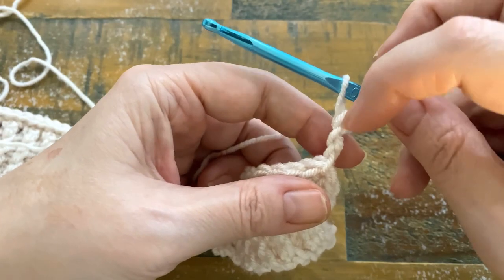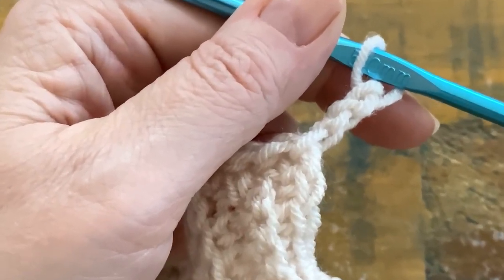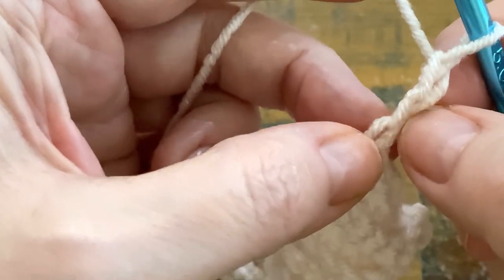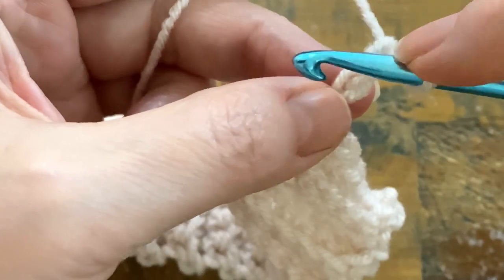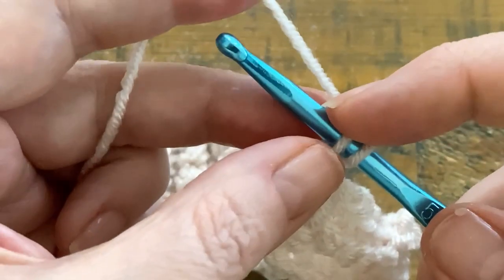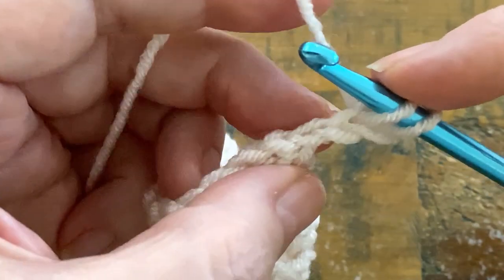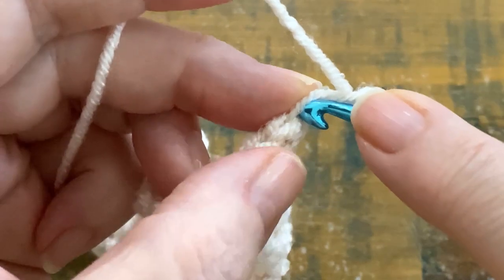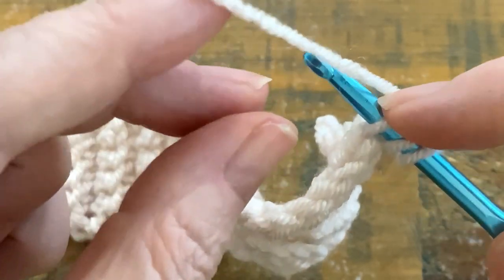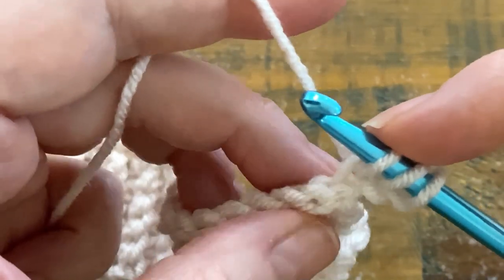We're going to start the star stitch along this chain 3 here. If I just bring the camera in nice and close so you can see what I'm doing. In that second chain, put your hook in, yarn over and pull up a loop, and then in the next chain push your hook through. It only needs to be through one leg of the stitch, yarn over, pull up another loop, and then